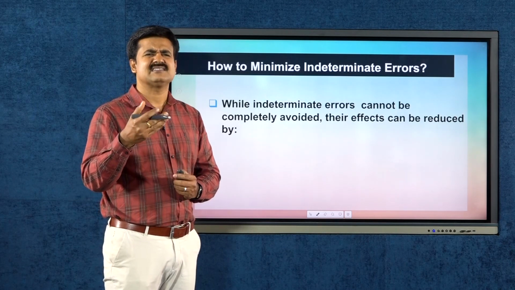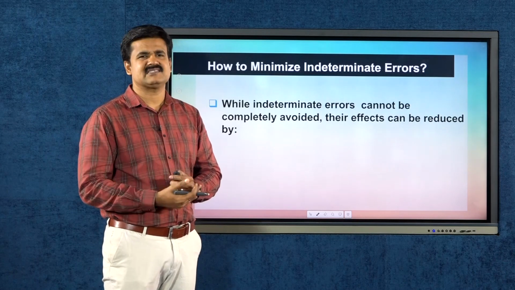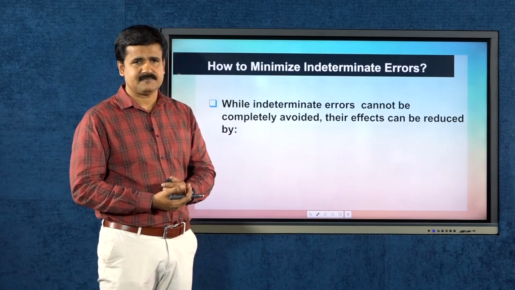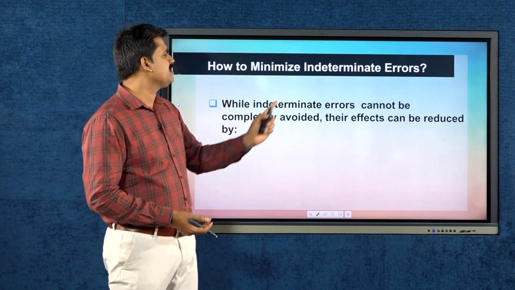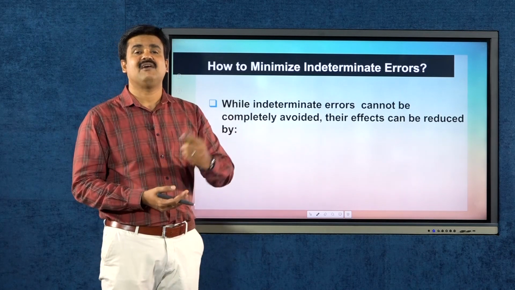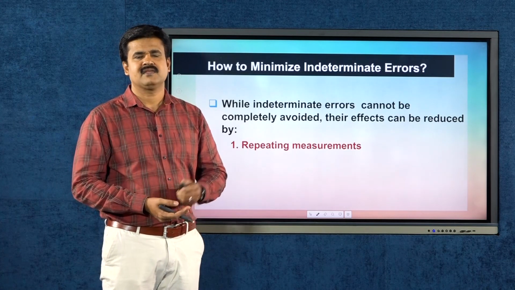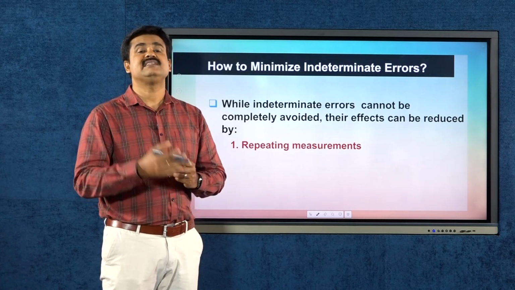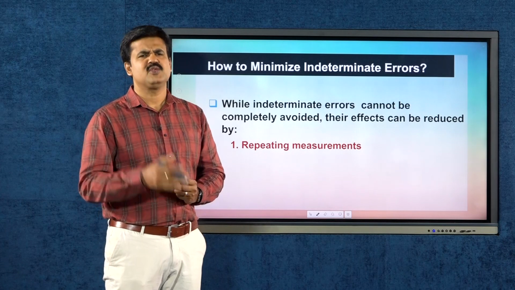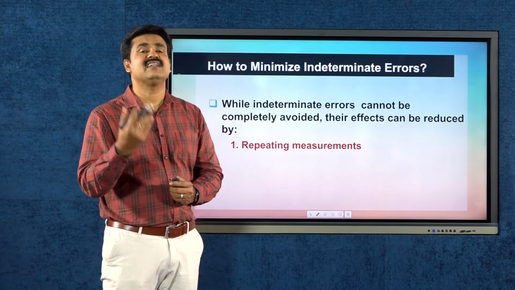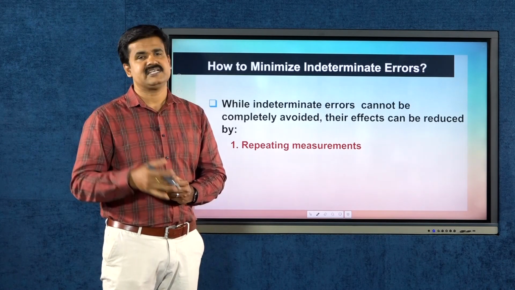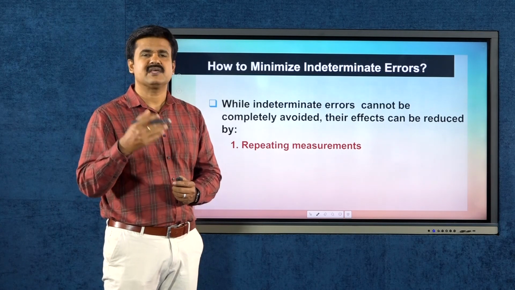However, there are certain chances to minimize the indeterminate errors. While indeterminate errors cannot be completely avoided, their effects can be reduced by the following. First one, repeating the measurements. You can take more and more readings again and again under the same conditions,